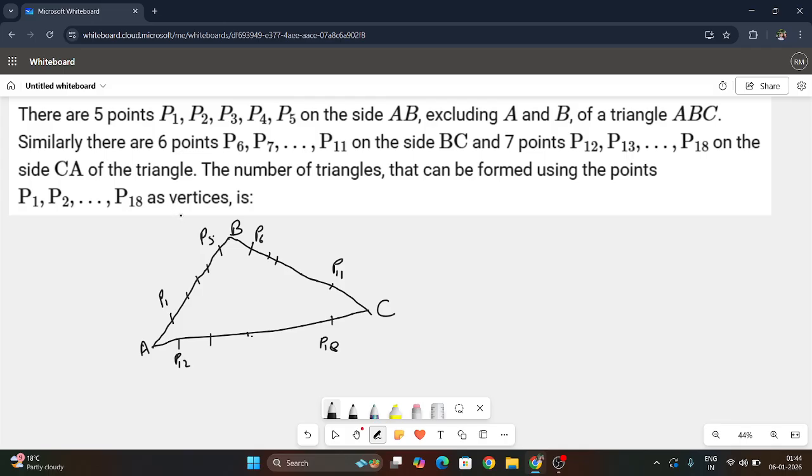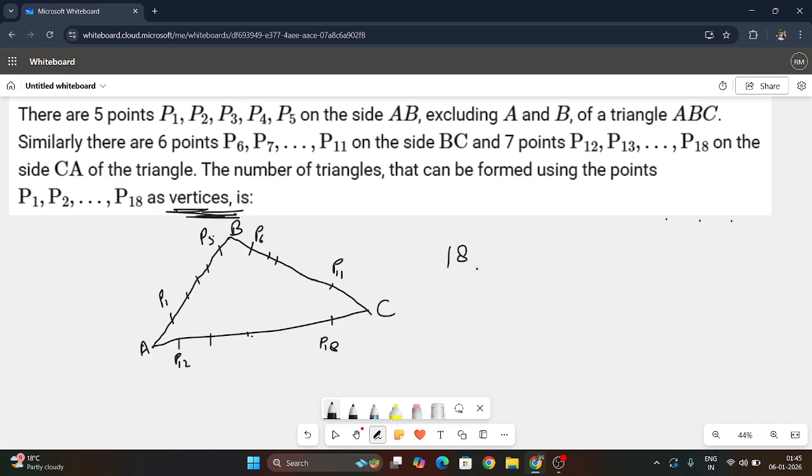And yesterday we had solved so many problems of the same concept, okay? And I told you that if you want to make a triangle, there is a need of 3 points, and these 3 points should not be collinear, okay? If these points are collinear, then we cannot make the triangle, okay? So these things we have to keep in mind. So there are 18 points. How many points? P1, P2, P3 up to 18 points. So from these